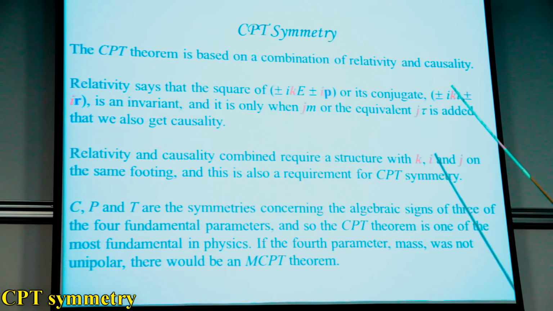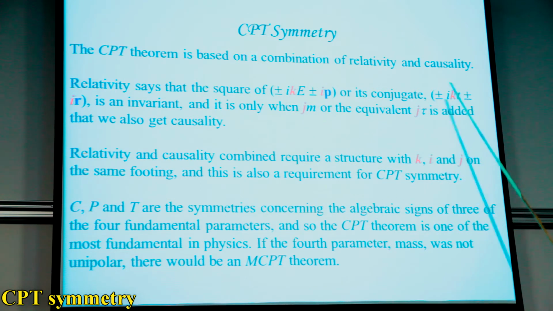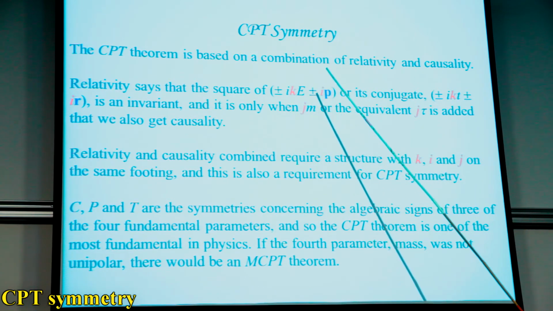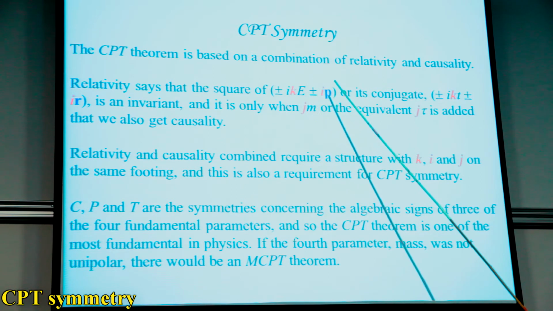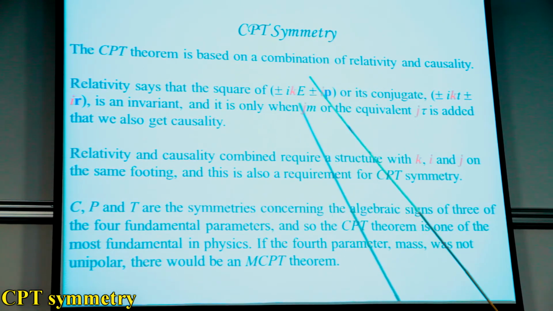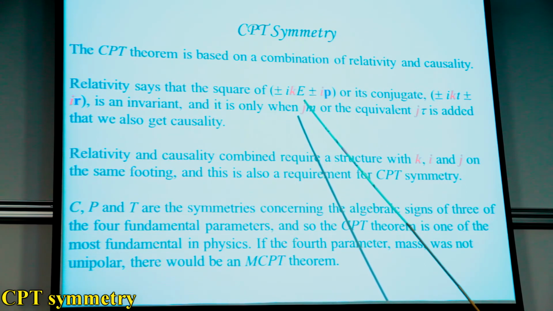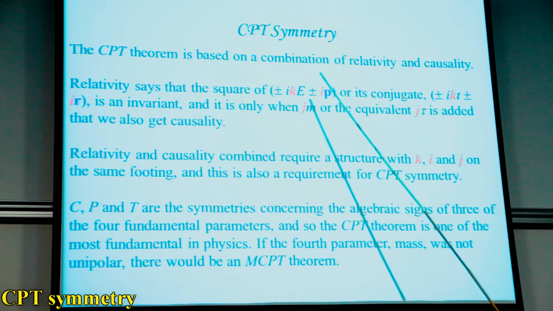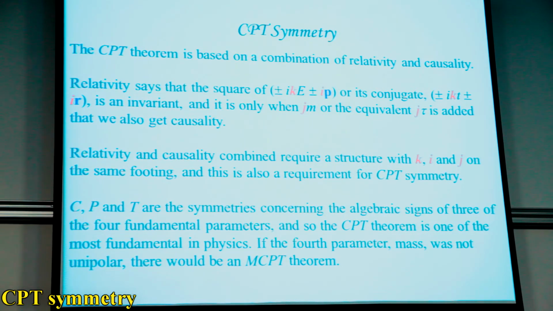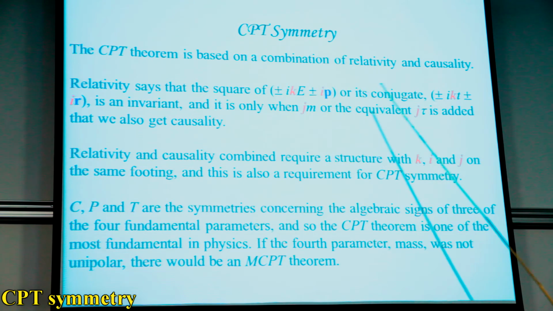The CPT theorem is a combination of relativity and causality. Causality means adding the mass term in effect to the energy and momentum. Relativity says the square of that is an invariant. When you add the mass term, then you include causality. So you need all three terms for relativity and causality. If you want to do it in terms of time and space, you can do it into that term, and then you need the proper time,